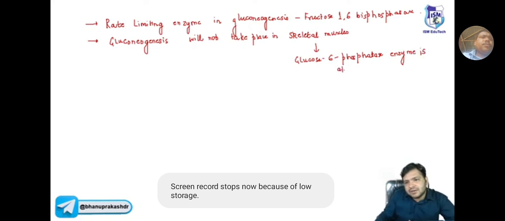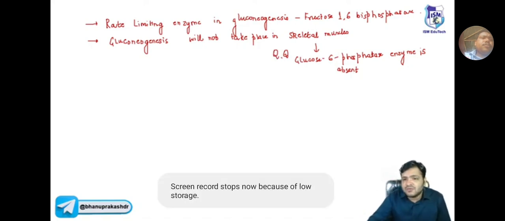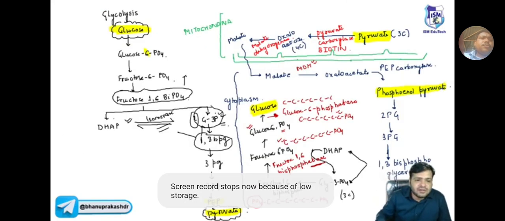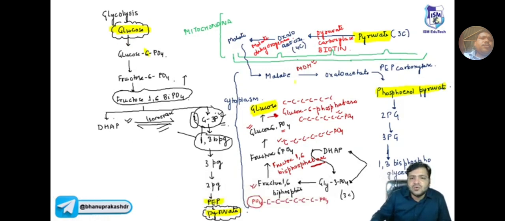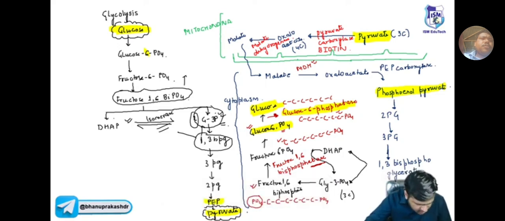This question has been asked multiple times, so you have to focus here. If glucose 6 phosphatase is absent, then glucose can never be formed from glucose 6 phosphate. I hope this point is also clear. So in skeletal